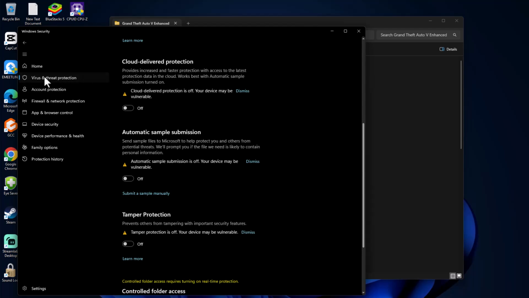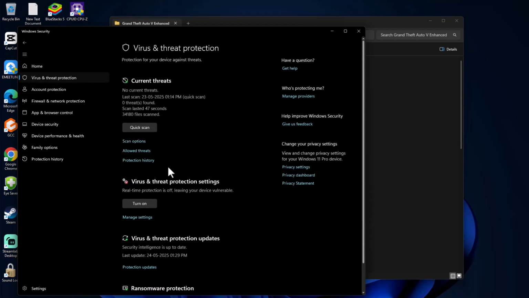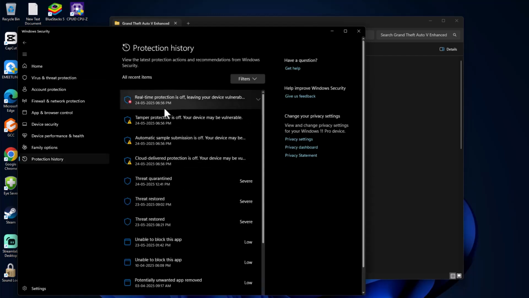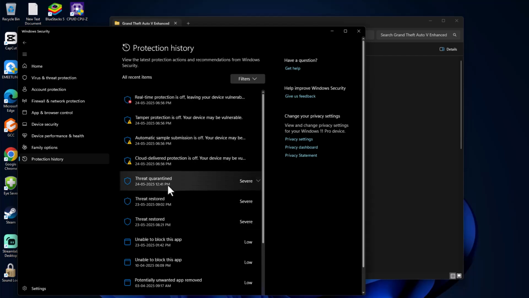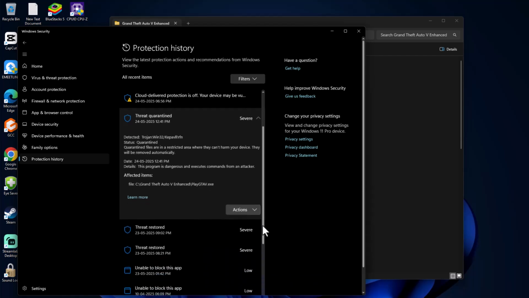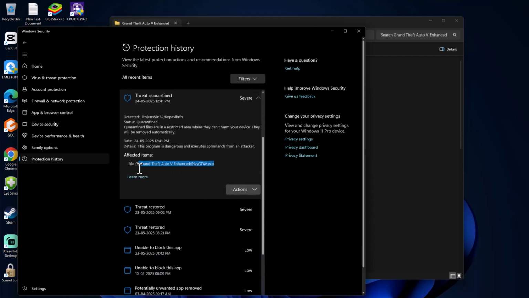After turning off, go back to Virus and Threat Protection and select Protection History under Current Threats, and in here you can see lots of things listed. Under here you can see Threat Quarantined. Click on it and select yes, and if you see a GTA 5 related game file listed over here, then